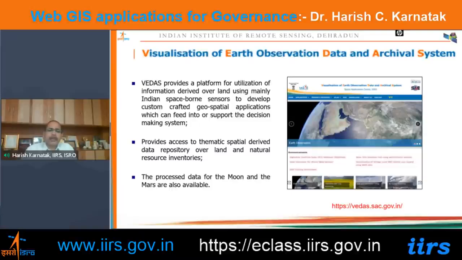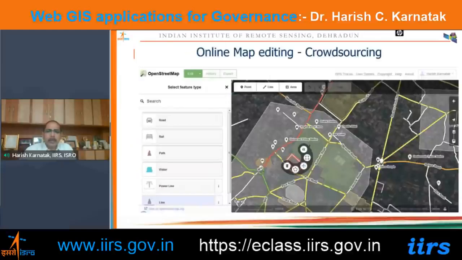It is a very interesting website for students. So not only the data or platforms, under this VEDAS activity, we provide a lot of technical guidance and support to the students and researchers to use these data sets directly on this platform as a cloud. It is available. You can perform many scientific analyses on the fly on the geospatial data, and you can do your R&D activities, and you can also do your project activities under this program. This part is not part of this, I will skip.